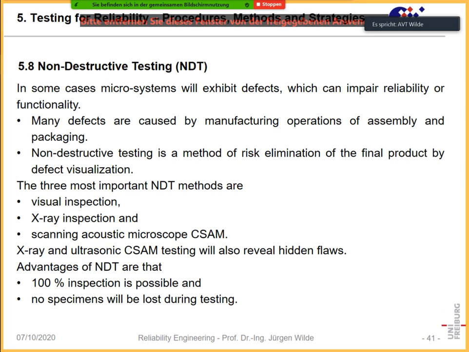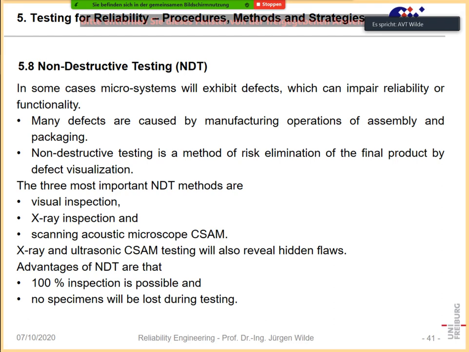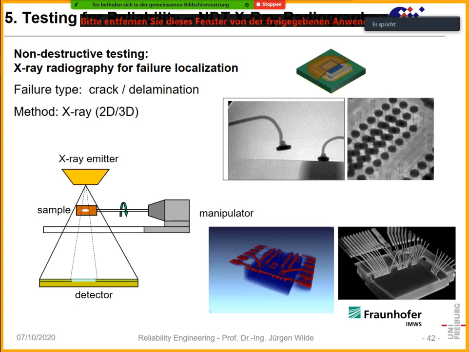One is visual inspection with microscope or with no microscope. Of course, it is quite limited. On the other hand, we have X-ray inspection. We all know good old Konrad Röntgen, who found the X-ray. And we have the scanning acoustic microscope, and I will explain these a little. So it is important to know about these methods. So what we have first is